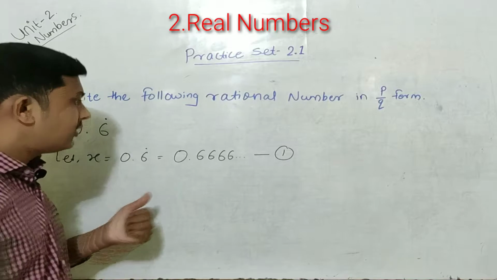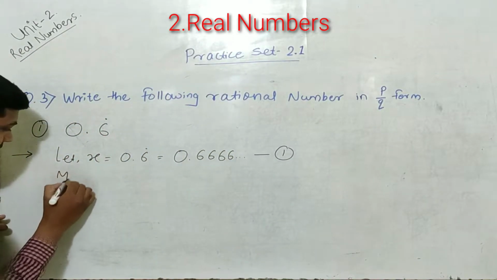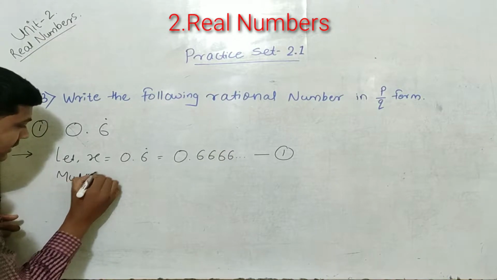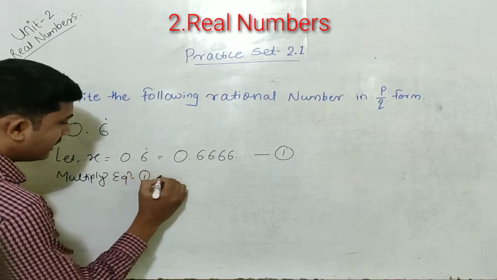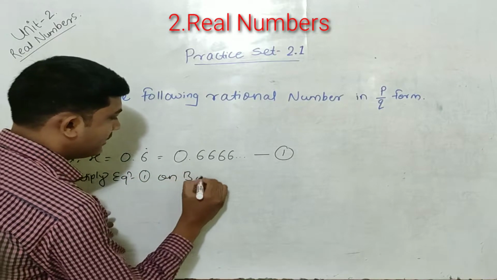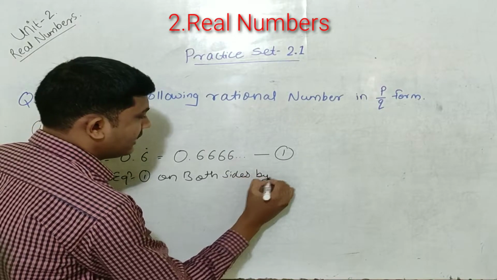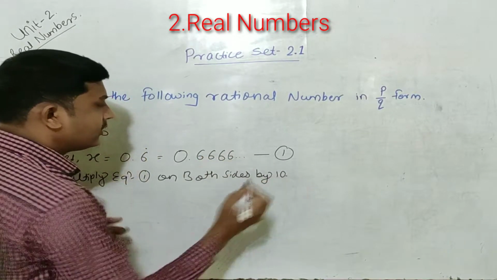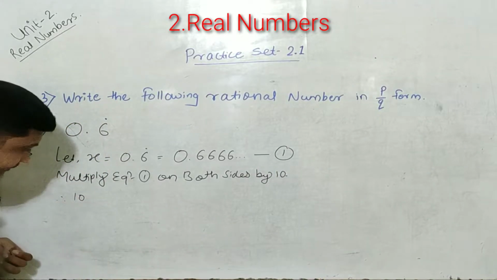Multiply both sides of equation 1 by 10. So equation 1 becomes 10 times x,